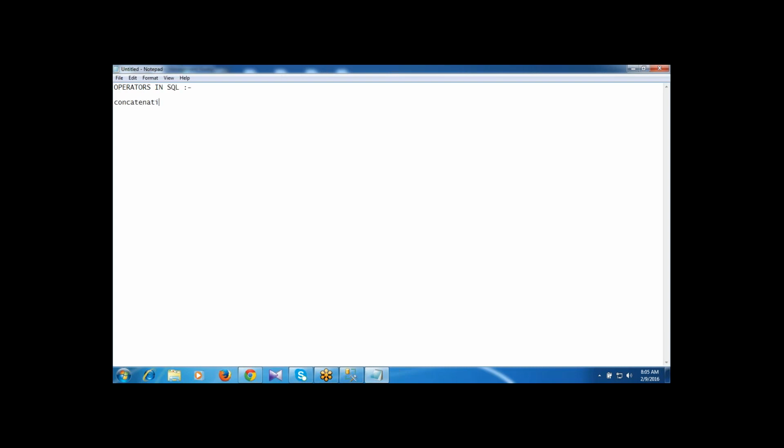First one is the concatenation operator, that is the plus sign, which helps to merge the information of more than one string, hence more than one column.